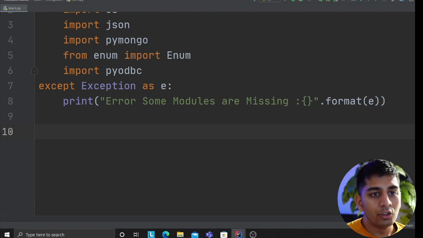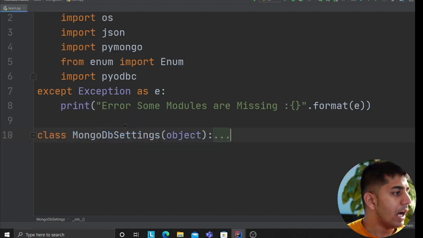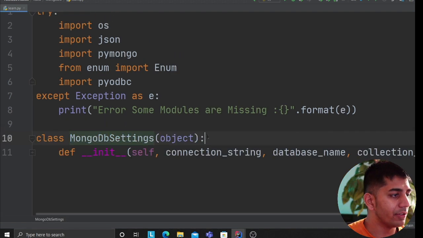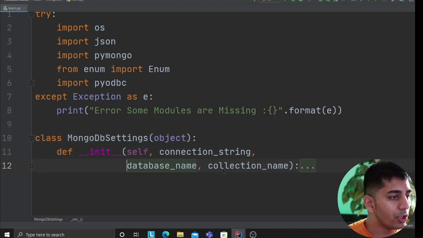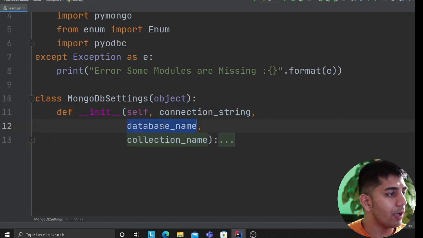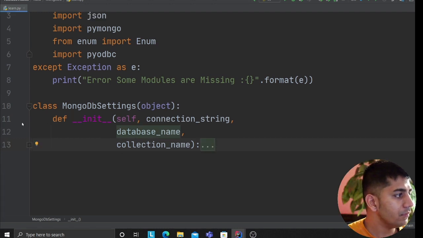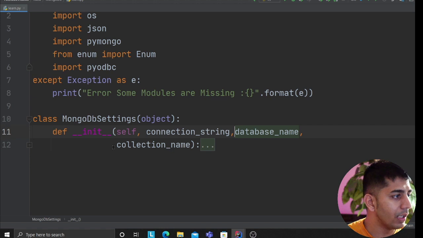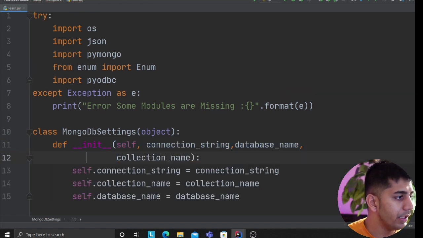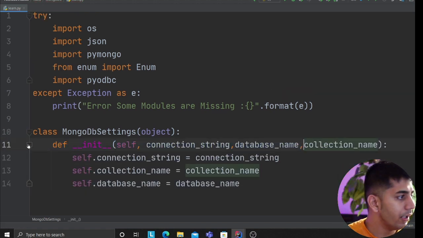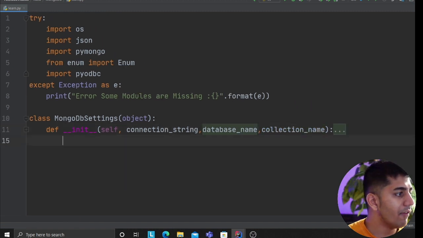Okay, so the first thing that I'm going to define, and as I said, just keep following with me. I'm going to define a class called MongoDB settings. My thought process here is to encapsulate all these objects, database, collection, whatever, the connection string, into a class. Okay. So far, hopefully you guys are with me, okay? Now I'm going to collapse this class, hopefully put this on one line. So, oopsie, put this here, collapse this class, okay? So I have a settings class.